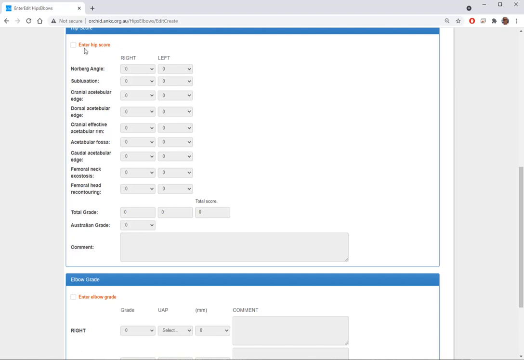In either case, you need to click this for hips and this one for elbows, and as you do that, when it's ticked, you'll see that these edit boxes become enabled. So if you haven't ticked that, you can't enter anything. So there we go. We'll click that